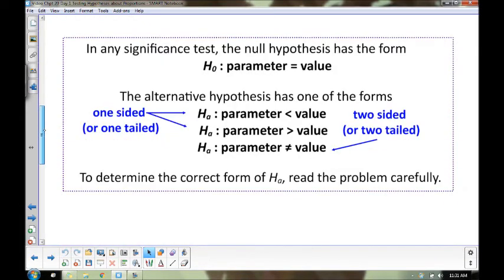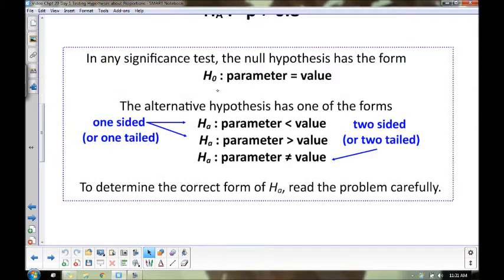So what we have from all of this is you always start with your null hypothesis such that the parameter equals the value that you have. The true population proportion or true population mean is the value that was claimed. That's always going to be your null hypothesis, always and forever. P equals what they give you. The mean equals what they give you. That's your null hypothesis. Your alternative hypothesis, H sub A,